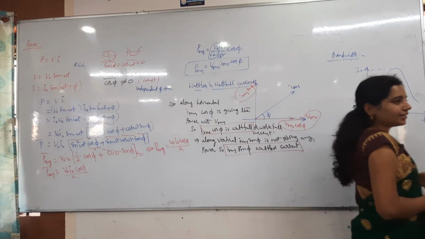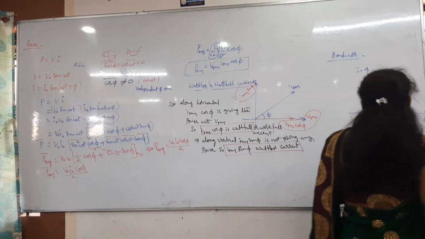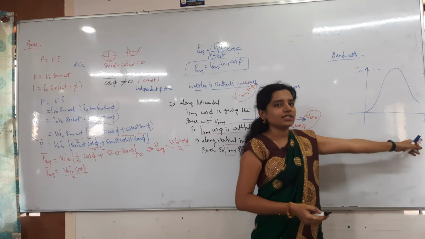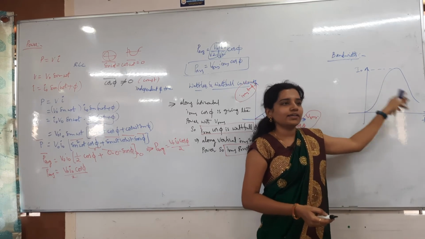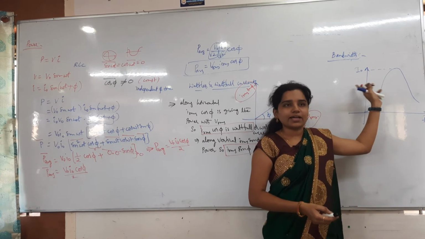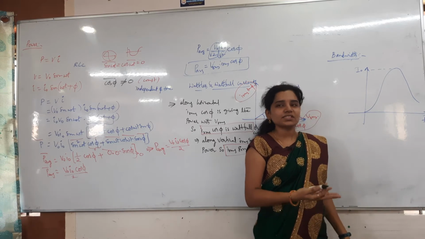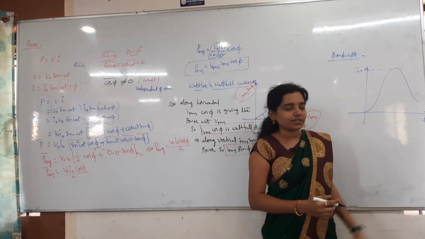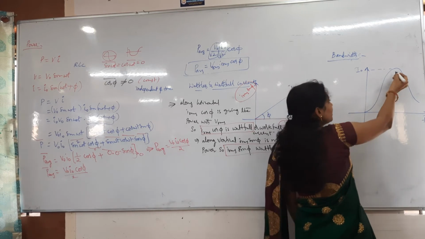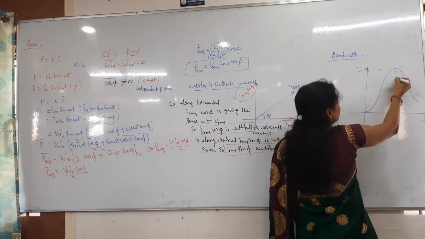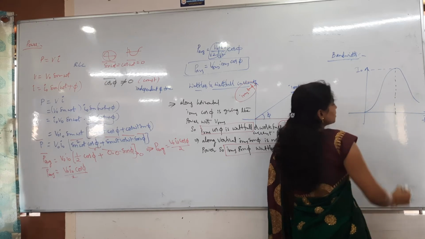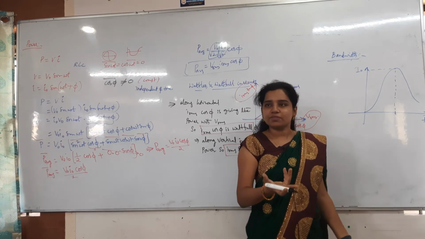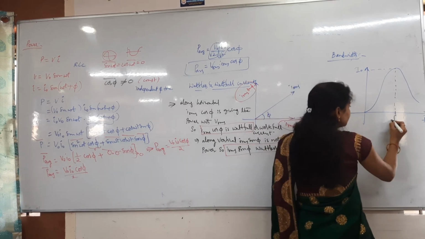So next, bandwidth. Bandwidth means what will get bandwidth? You see that? Here I got the I and F curve. Nothing but which curve is that? I and F, current and then frequency. Which curve? Resonance curve only, right? In resonance only we get this kind of graph, I and then F. So here we are saying the current is maximum at this particular point. So frequency related to this is what? At which frequency will the current be maximum? Resonance frequency only, that is FR.